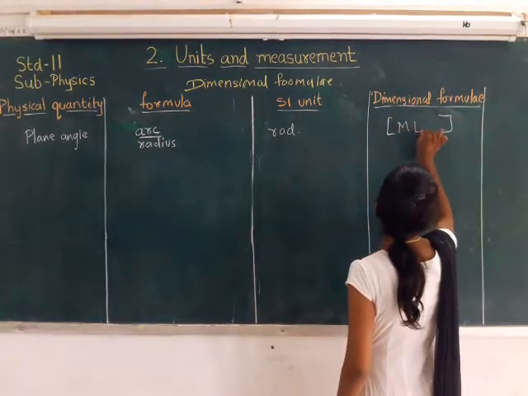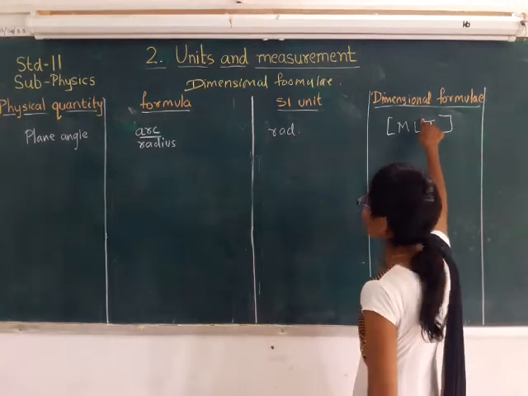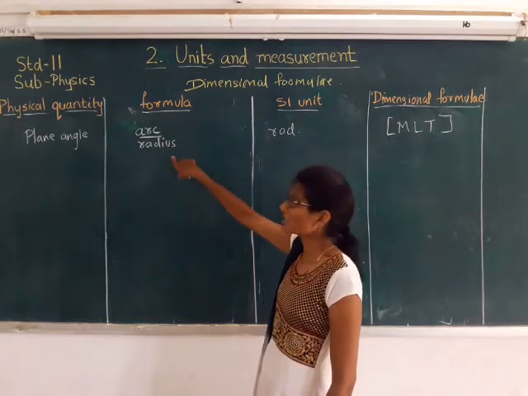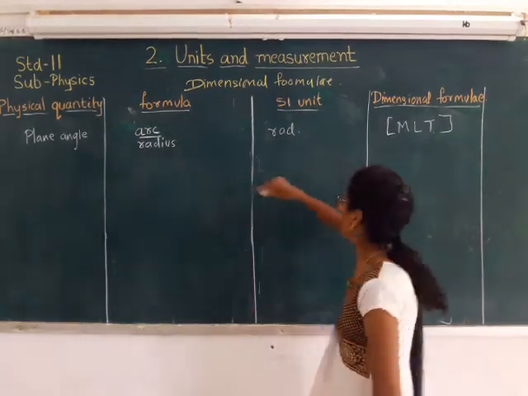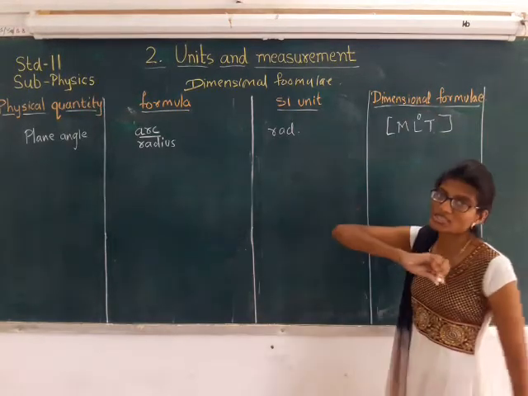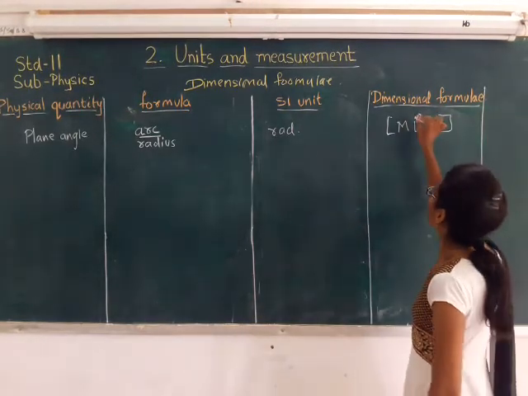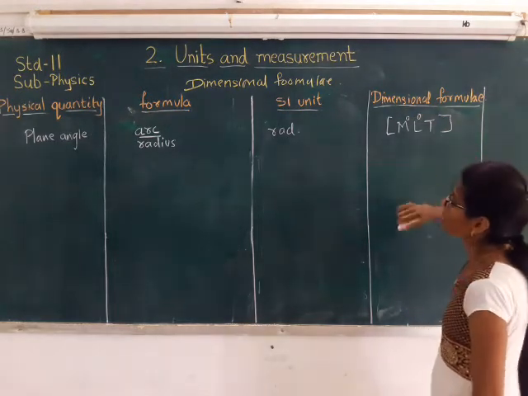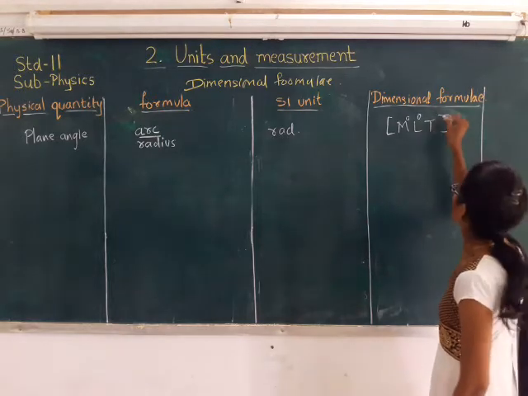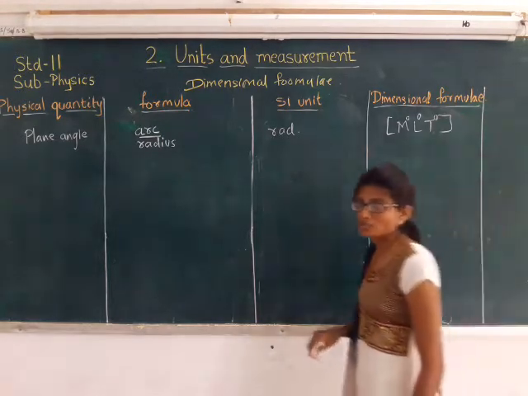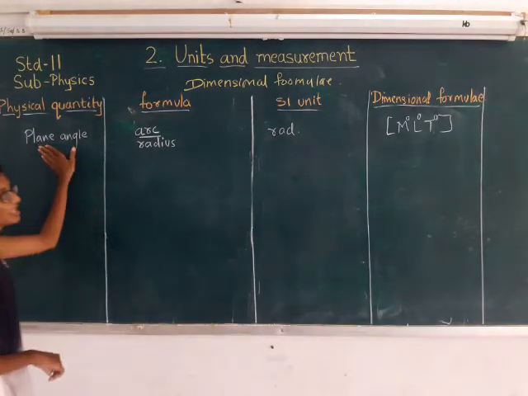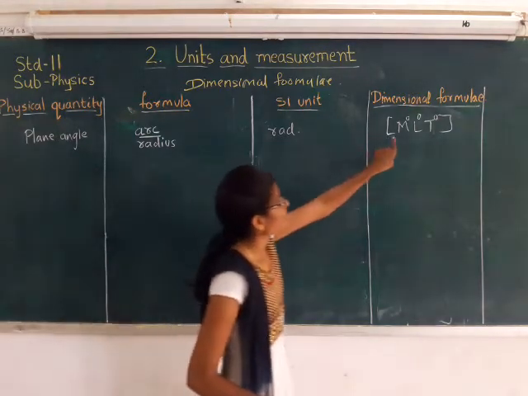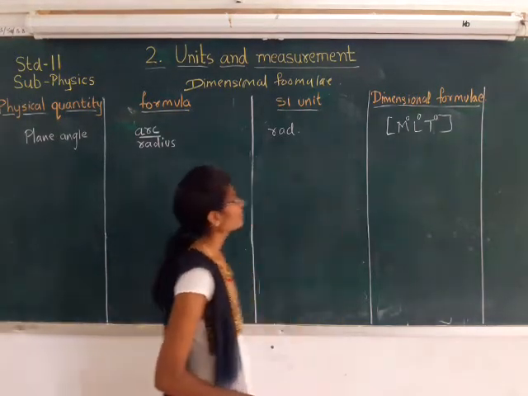So over here, the dimension of length will be 0 because in the numerator also we are having length, in the denominator also we are having length. So it will be cancelled out. So L will be 0, right? And mass, we are not having any mass. So dimension of mass is also 0. We are not having the fundamental physical quantity time. So dimension of T will also be 0, right? So the plane angle is considered as dimensionless. And if it is asked in exam, you can write it as M0, L0, T0, right?